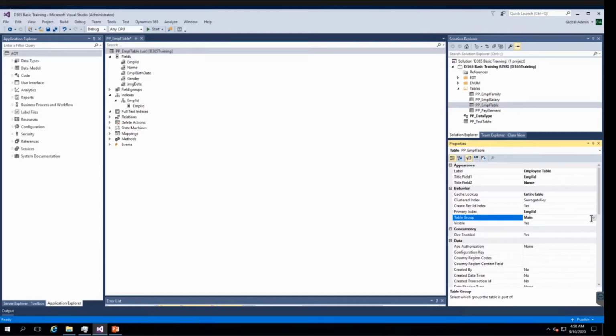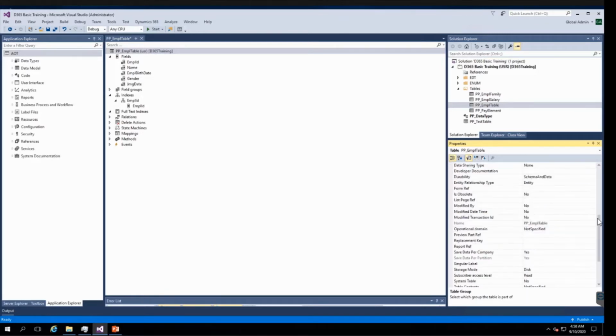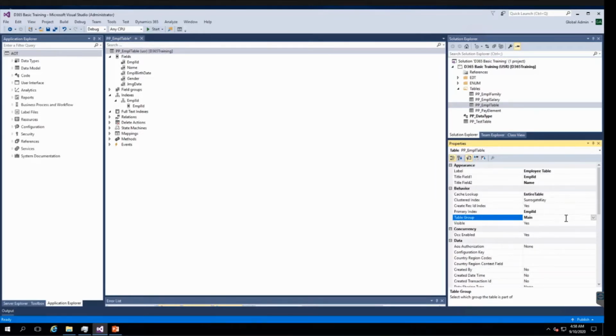So we have so many options, and it depends on the nature of the table. The main option will be given to the table which handles master data, like item master, vendor master, customer, and employee master. The parameter property we will assign to tables having a setup nature, which are used for defining the parameters. This is just for grouping. So for the cust parameter table, all the parameter tables will have this group property set as parameter.